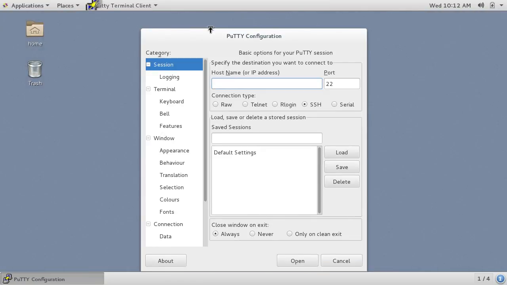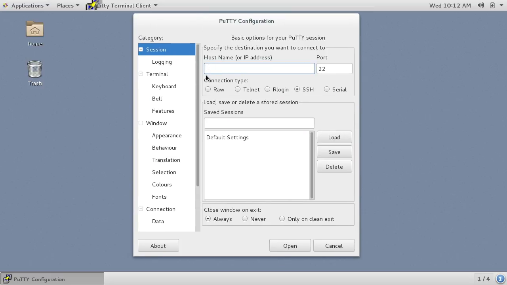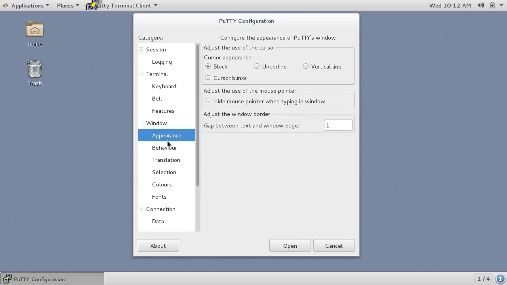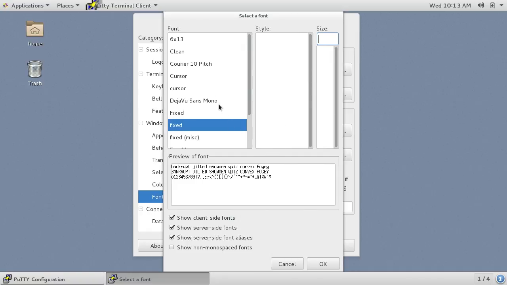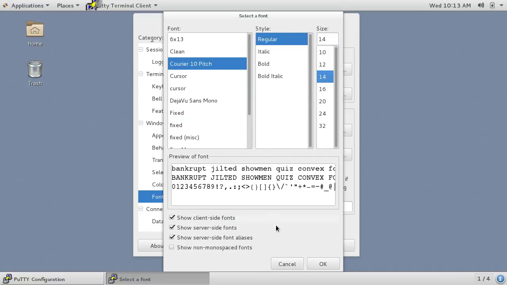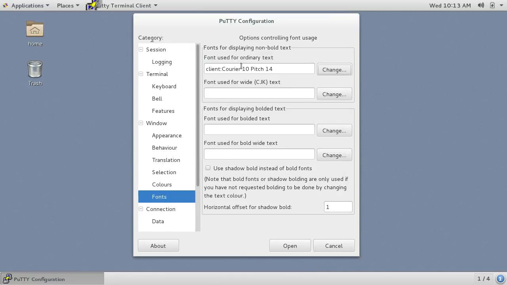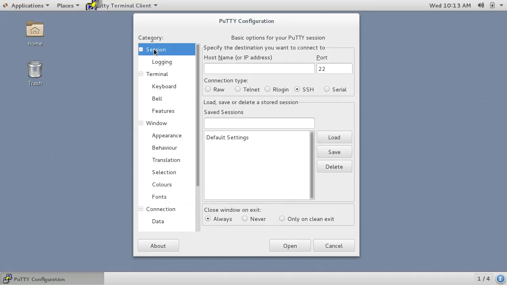So if I start PuTTY again, and I look at my session, one of the choices that I have under Window is Appearance, and specifically colors and also fonts. And I could choose to use a different font instead, making it a little bit easier to see once I've actually connected. If I go back to the session field, I can put in my host name, and when I